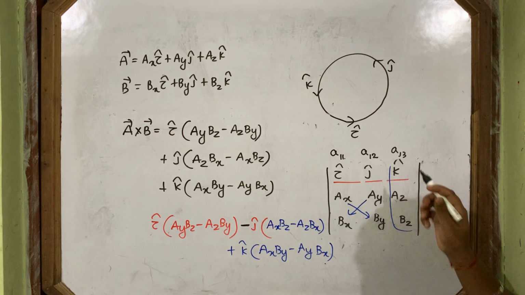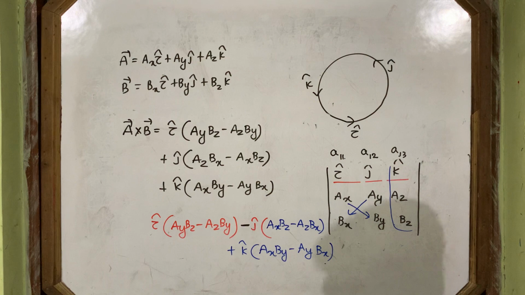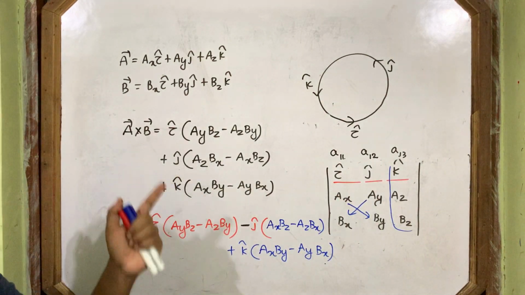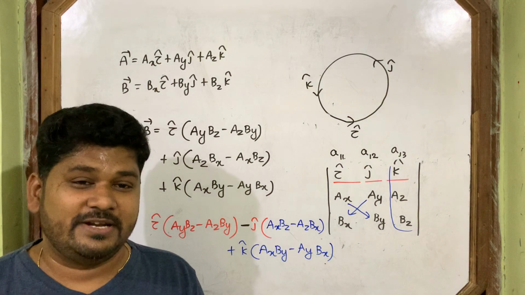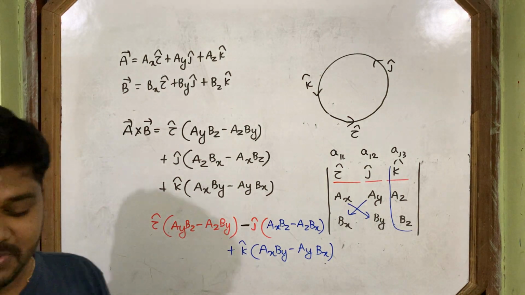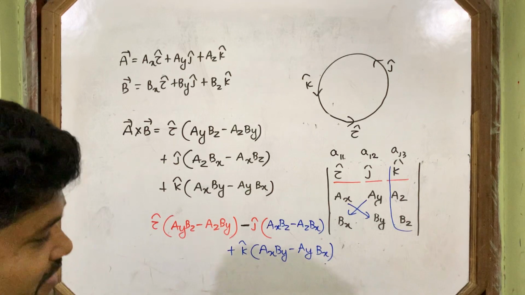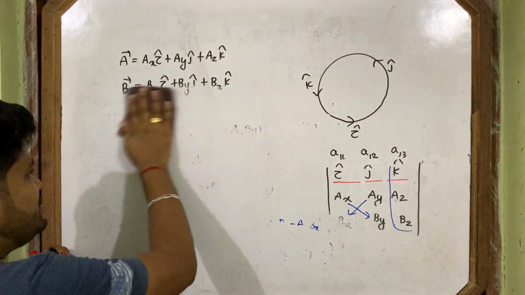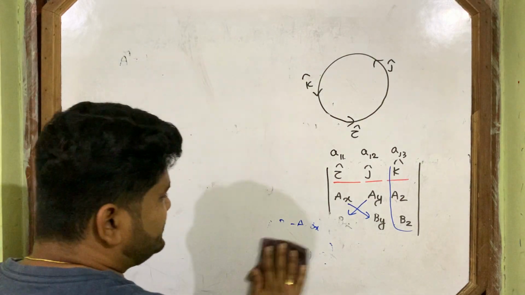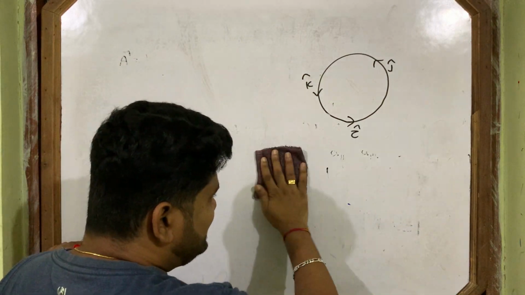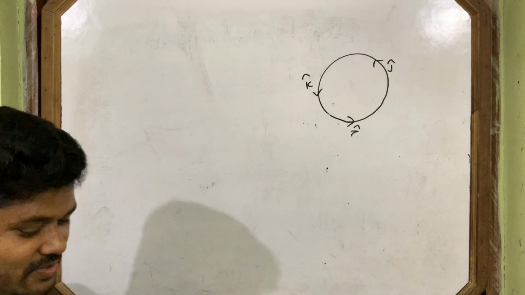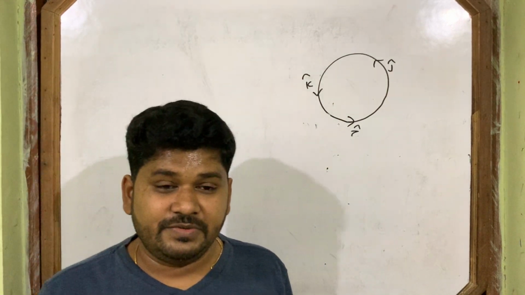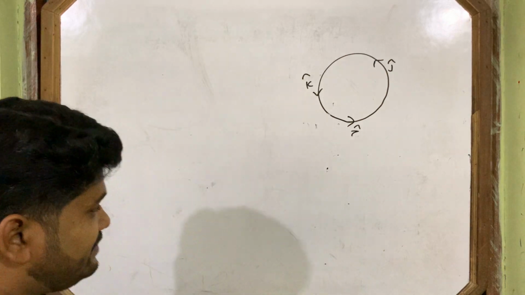This one is 1 plus 3, 4. So hence it is plus. I have not put the minus sign forcefully to match with the above expression. This is the rule of determinant you will read in mathematics. So by determinant method also we can find cross product. If I now ask you to do cross product of two vectors, you can easily do it either by formula or by determinant method. Which one is easy for you? You adopt that one.